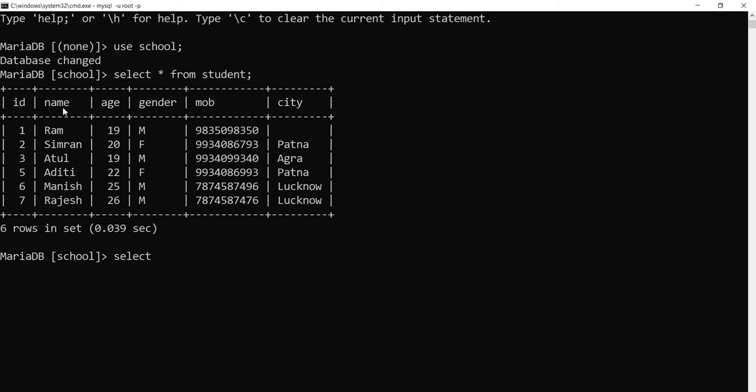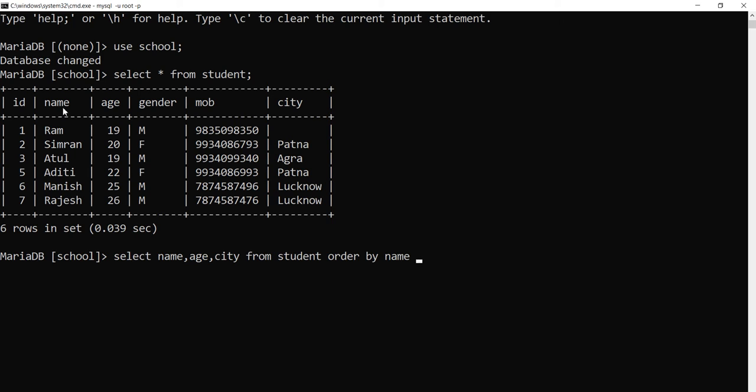Select name, age and city. You can also use asterisk for all column names. From student order by name, that is the column name.